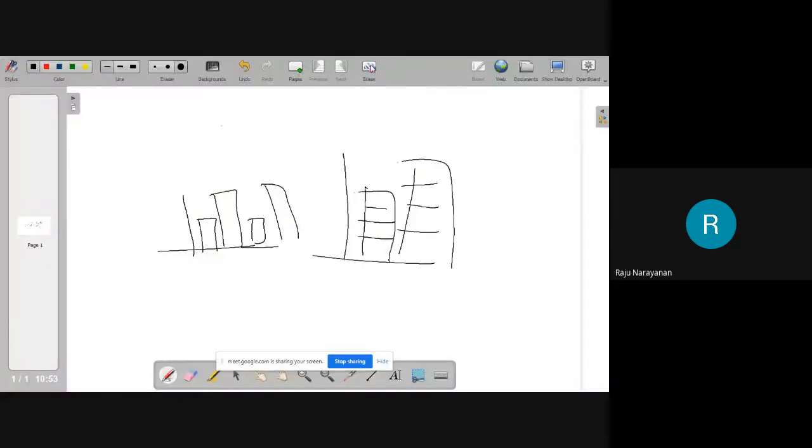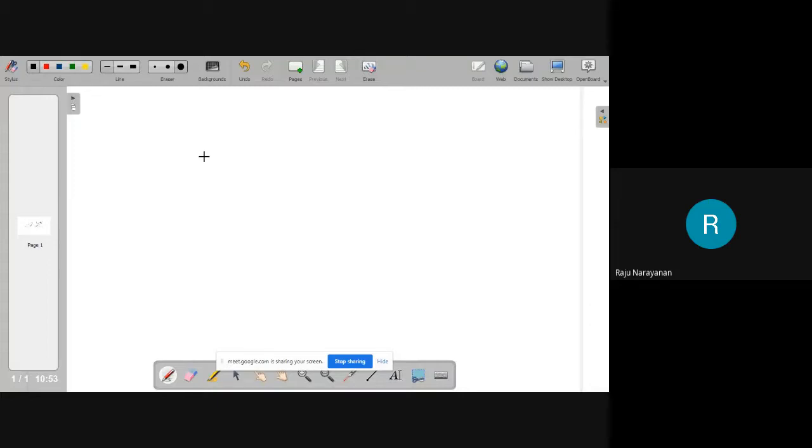Now, some control statements. The usual flow is from head to tail, top to bottom. The first statement is executed, then the second, the third, the fourth. It will go like that. Sometimes we have to change the track.